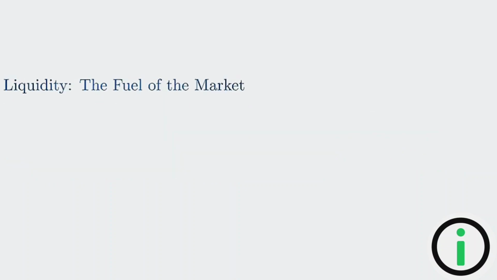To understand why a change of character happens, we have to talk about liquidity. Think of liquidity as the fuel the market needs to move. In the markets, liquidity is simply a cluster of orders. Most retail traders are taught to put their stop losses just above a double top or just below a double